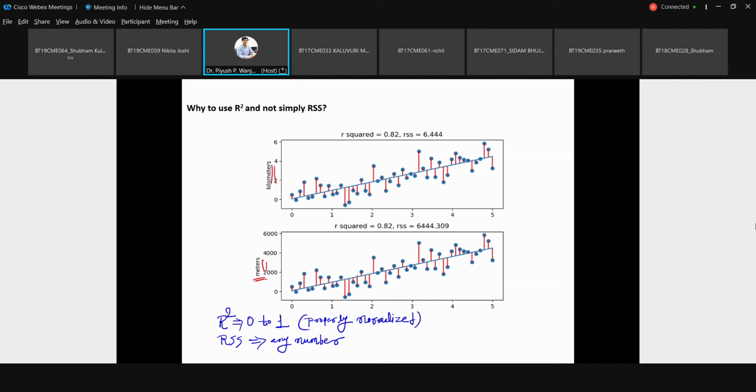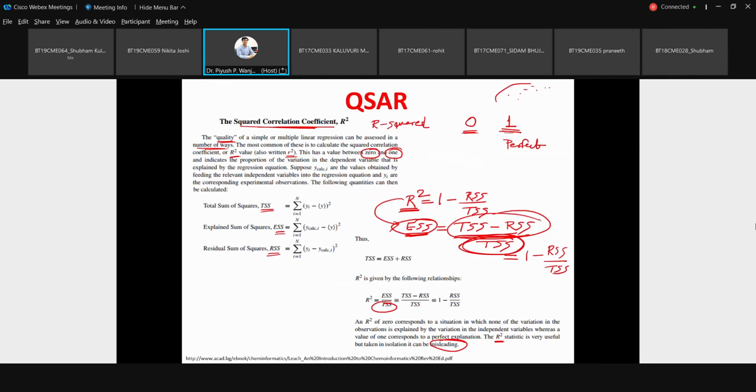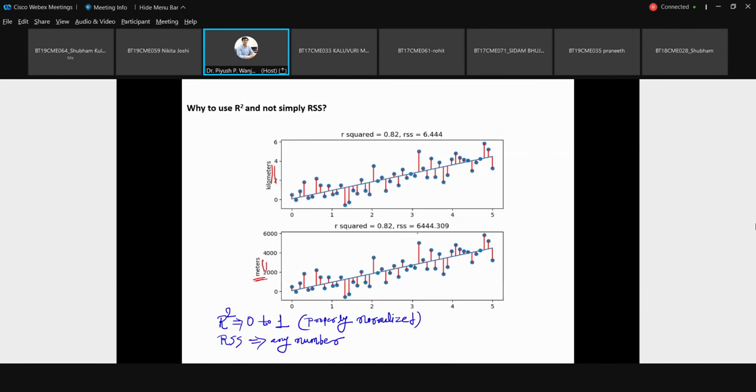The data is fitted almost the same way, but what will happen to the difference in the values? The squares of residuals will be different, because earlier your factor was in meters, and now it changed to kilometers. So the error will change, and you cannot compare the two models even though they represent the same data. In both cases RSS is different. Here it is just 6.444, there it is 6444.